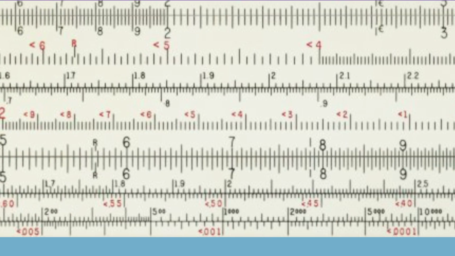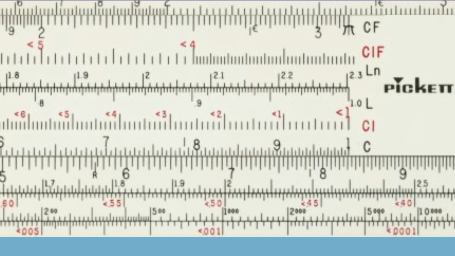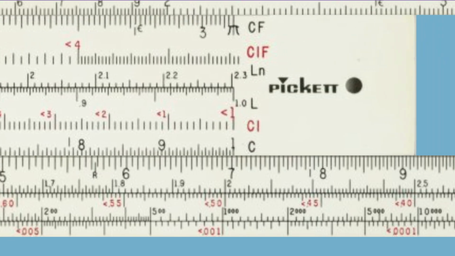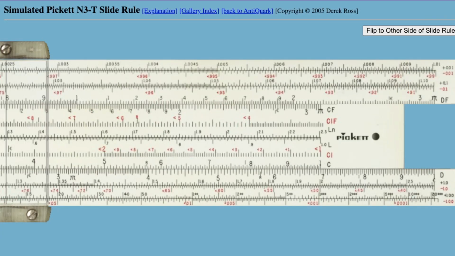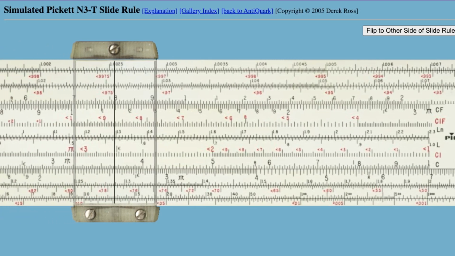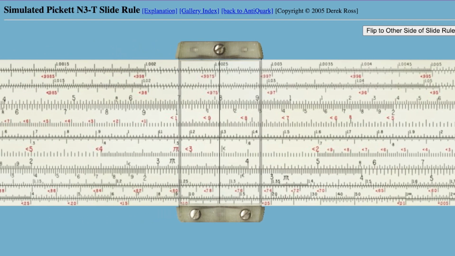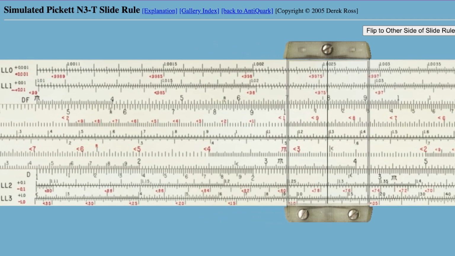And then as we come over a little bit further, you see a 2.0. So what we are going to do is take the slide and put it directly over 2.0. Now, without moving the slide, we'll just move the entire rule over a little bit until we see 2